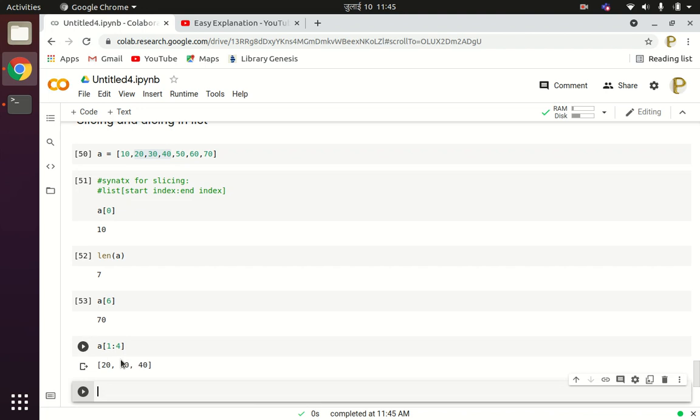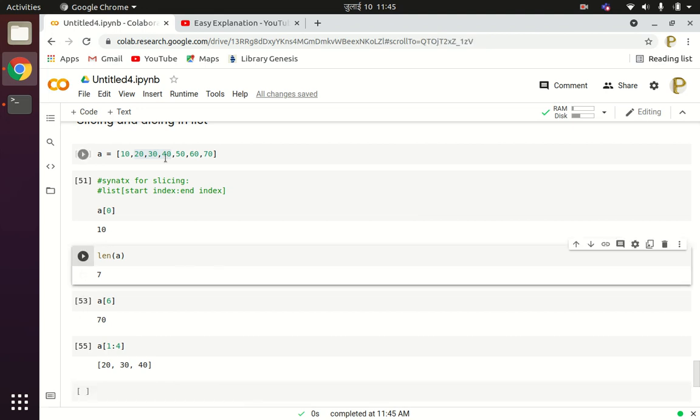So always write, like suppose you want to extract 3 elements, then the difference of the end index minus start index should be 3. So the starting index will be 1, which is 20, and then 20, 30 and 40. So index 1, 2, 3, and the last index will be 4. So up to index 4 we have to extract the values. So A of 1 to 4 will give you 20, 30 and 40 as the result.